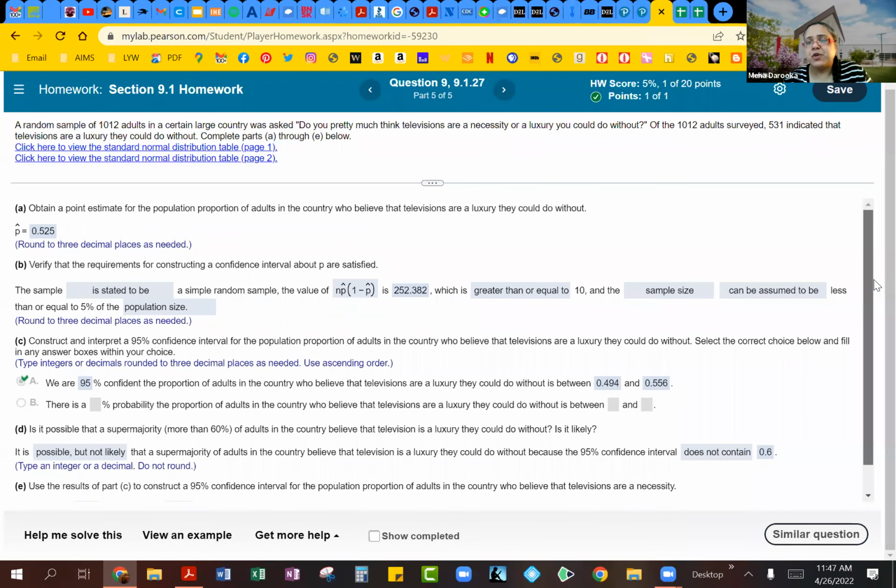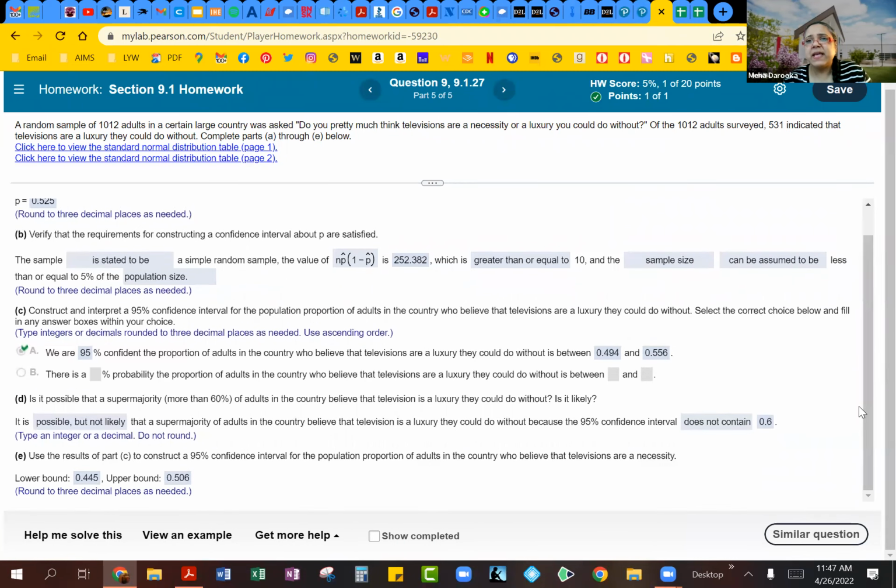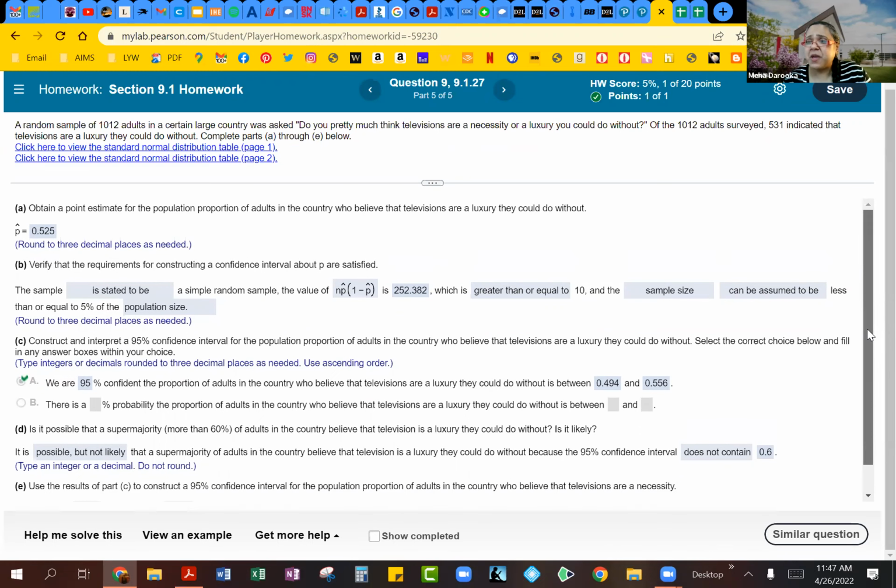So that's basically how you are tackling this. This has calculations and it's asking you to make sense of your results. So how do you interpret your results? And that's going to be a big part of these calculations, right? Just doing the calculation is not enough. We have to know exactly what they mean also.